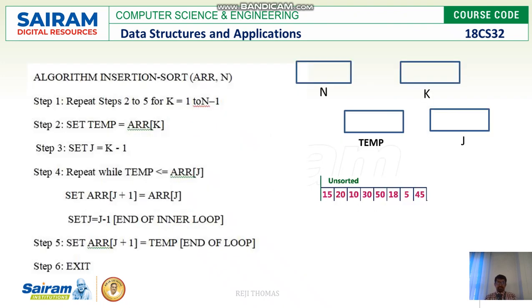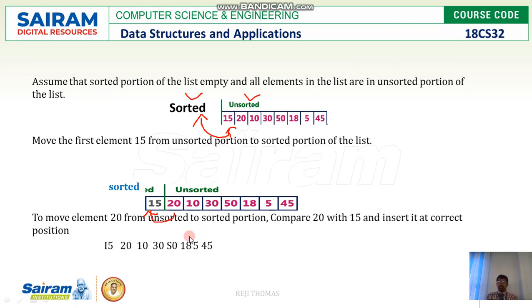Now we have to continue like this. After doing this, you have to find the next element in the unsorted array. We have done this successfully. Once it is done, we go to the next element. Which is the next element in the unsorted array? Which is 20. This should be placed in the right place in the sorted array. When you do it, you will get this. So we have two elements. This is sorted and this is unsorted.